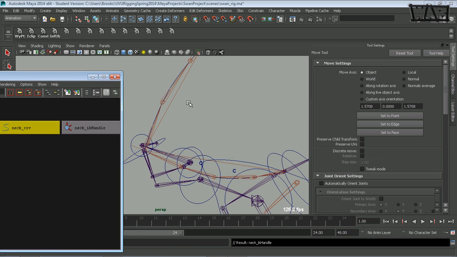Okay, and then I'm going to go in with the neck curve selected. I'm going to go into component